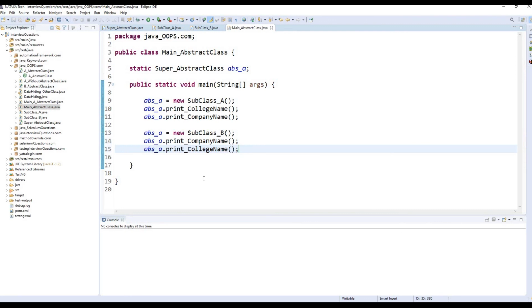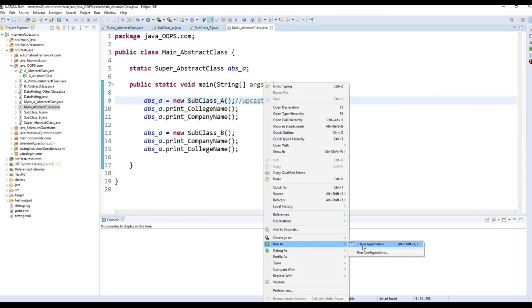Okay, so again I repeat, this is upcasting. Here, whichever class has the new keyword, that class method only will be executed. But here the abstract class is considered as the super class. So here we are implementing the super class methods inside the subclass. That is the reason now I am going to execute the subclass method. Then how can I execute it? Using the upcasting concept. Okay, now I'm going to execute this one.